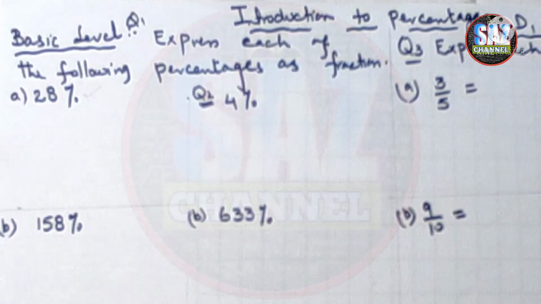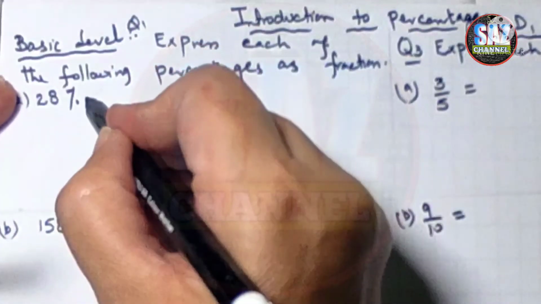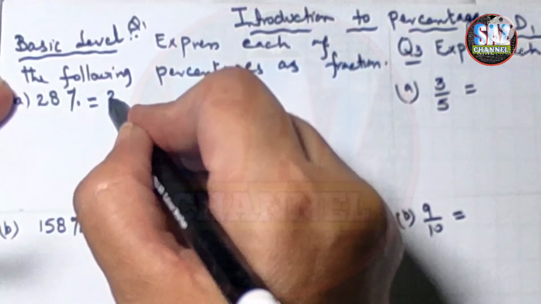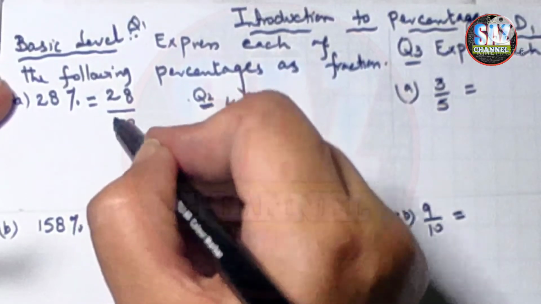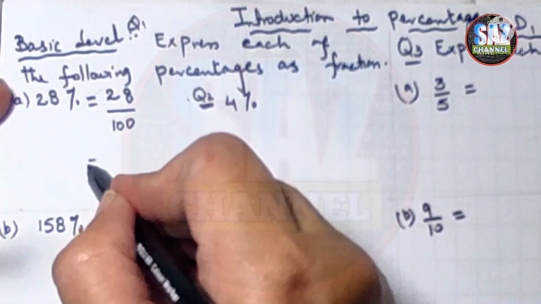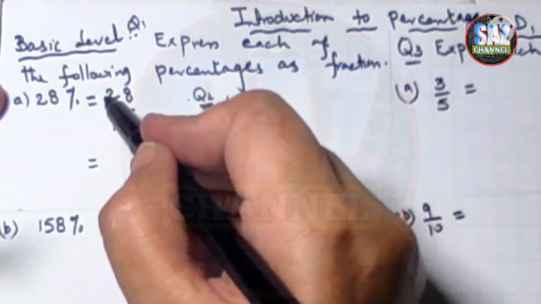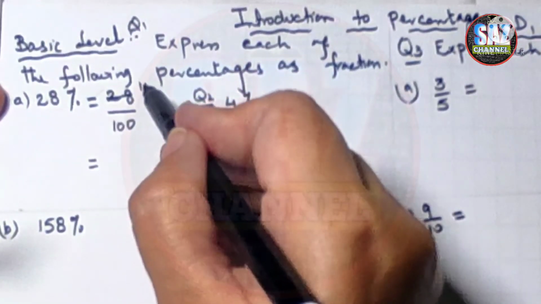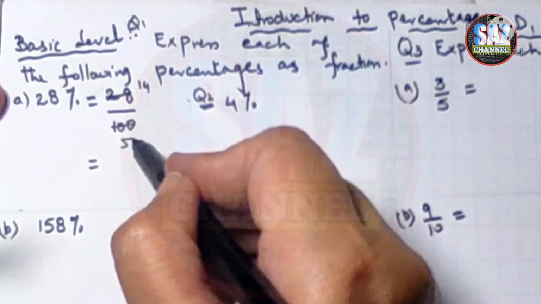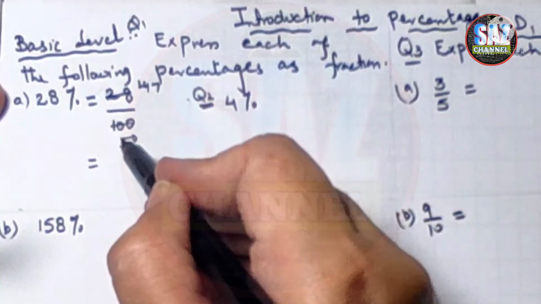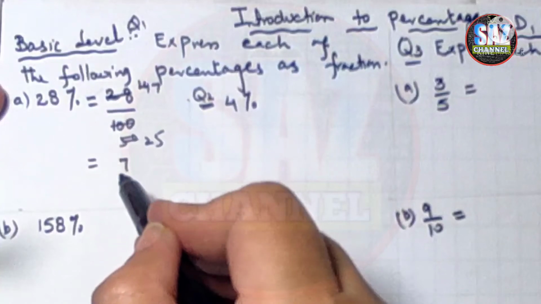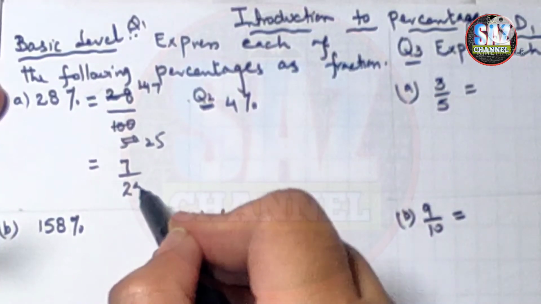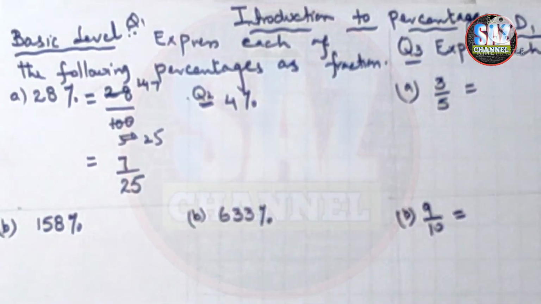Very easy. In order to convert the given percentage into the form of a fraction, we have to divide this number by 100, and then see if some table is suitable that can easily simplify this, like 2 14s are 28 and 2 50s are 100, 2 7s are 14 and 2 25s are 50. So you should have good command on the tables as well, so that you can understand this lesson. Then the next part is